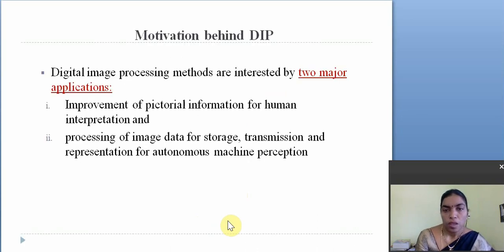In this video, I would like to focus on the introduction to digital image processing. That means the definition of digital image processing and its applications. Here, why the digital image processing subject, and what is the motivation behind it? Digital image processing methods are driven by two major applications. The first one, improvement of pictorial information for human interpretation, and processing of image data for storage, transmission and representation